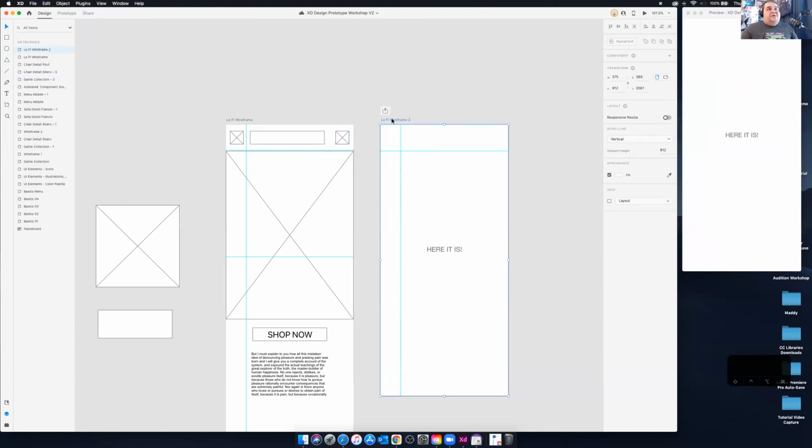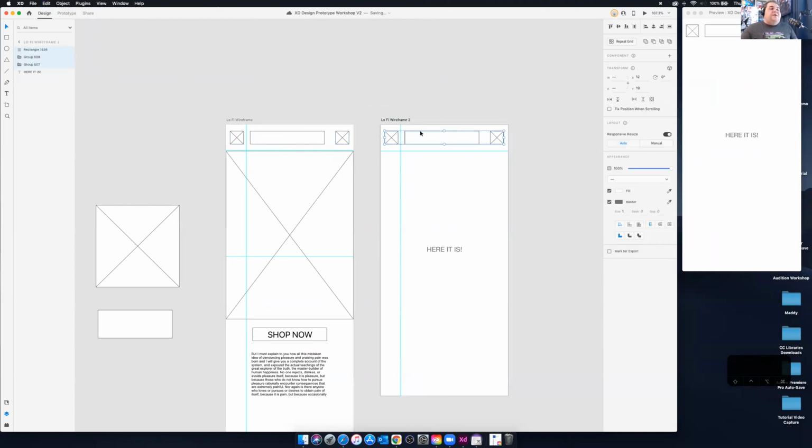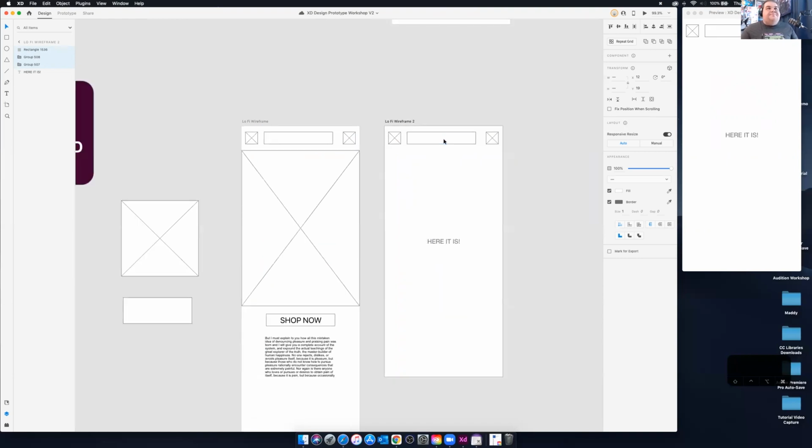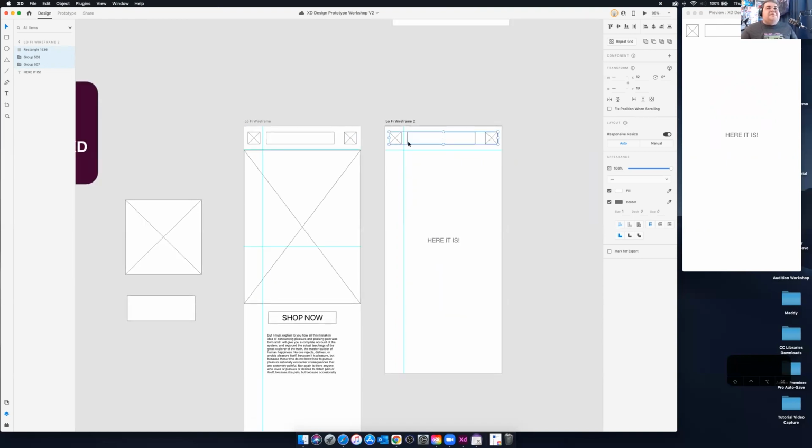But if then I click on Lo-Fi Wireframe 2 and then Command V, and everything will paste exactly in place. Saves a ton. I'm glad you like the plugin. There are so many. There's even ones for filling up profile icons with fake faces. So it's kind of wild. But anywho, we can copy and paste this stuff in the same place, and that can save a ton of